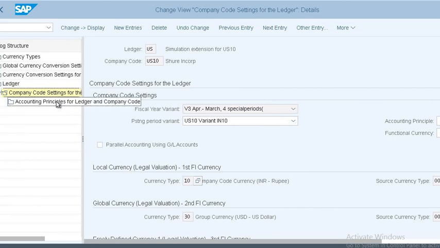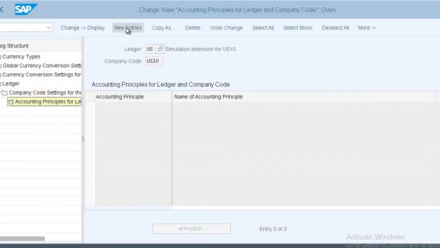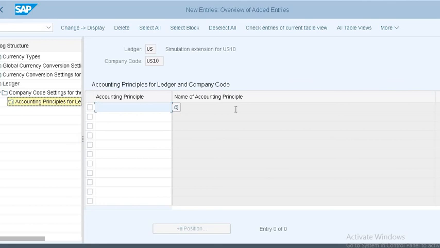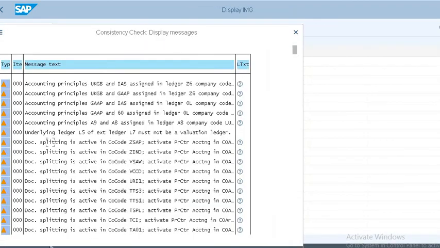Okay, then click assign accounting principle. We will use the legal one, whatever we have defined, that accounting principle we will use first.